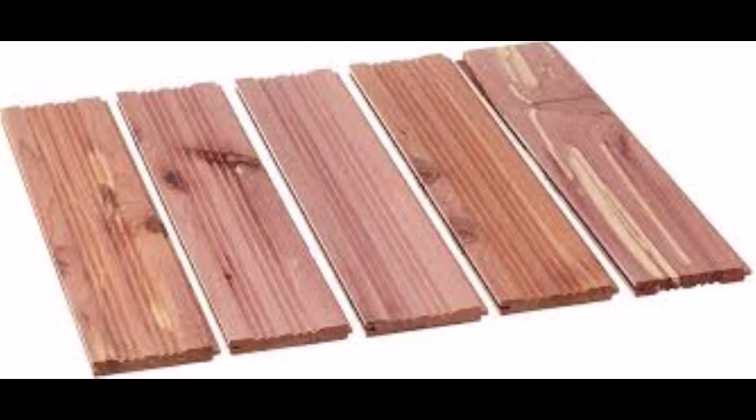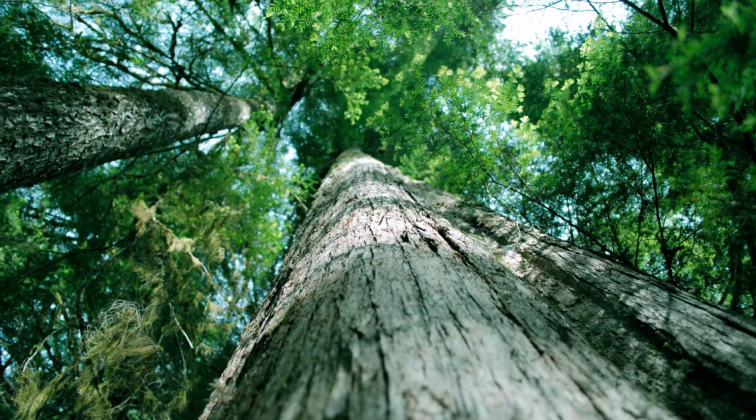Western red cedar, for example, can reach 200 feet in height and 4 feet in diameter. Aromatic red cedar trees have smaller trunks yet are still large trees over 100 feet in height. Thanks to the sustainably managed stock and large tree sizes, western red cedar wood is highly available. The forests in North America are abundant with western red cedar trees. New trees are regularly planted to replace harvested ones, keeping